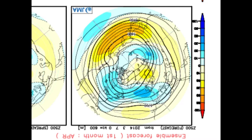And for the whole of April, this is how the JMA is suggesting things look. Much lower than normal heights off the west of the UK, and it's trying to put the trough actually through the UK down into western parts of Europe. Now, if that came off, that would be an unsettled and a cool April. So we'd be looking at cool conditions, and wet conditions too, which of course is exactly what we don't need. You can see how these lower than normal heights, these blue colours here, look,